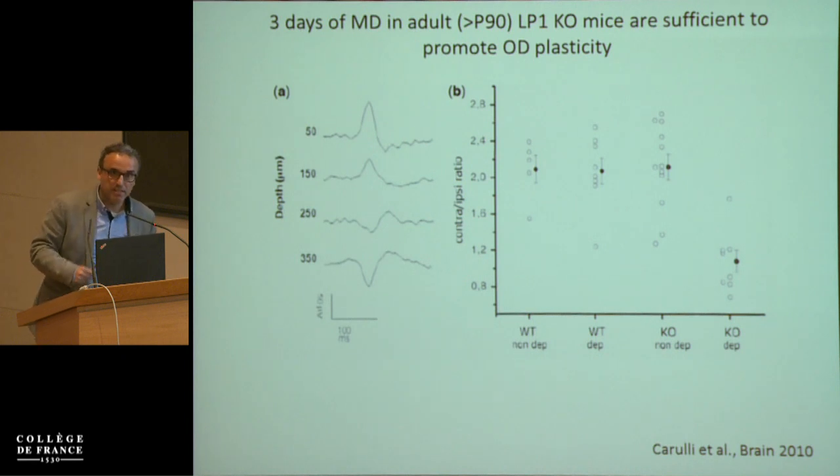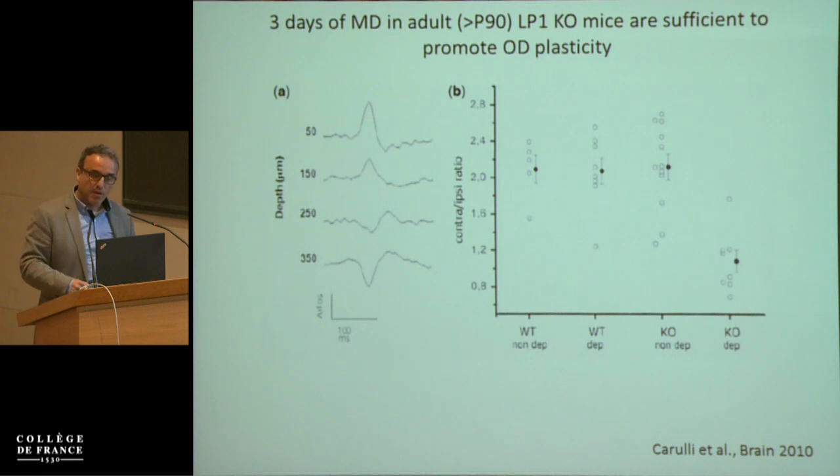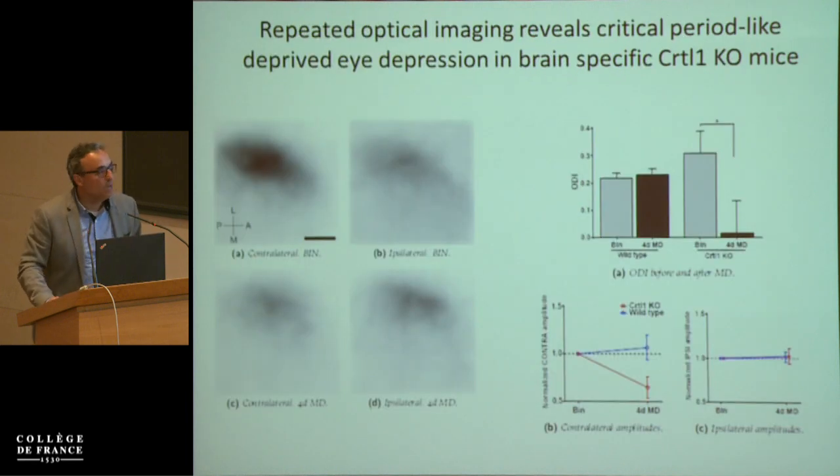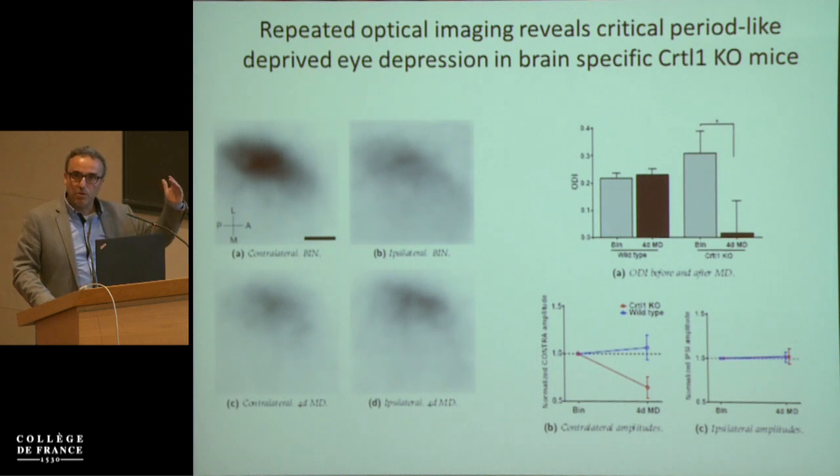So this is an indication that it's really the net rather than the diffuse CSPG levels that is important for this form of plasticity. Now we have also repeated some of these analyses, trying to really see if some features that are typical of the juvenile form of plasticity are present in the adult Link knockout. Namely, you can have some, for instance, increase in the non-deprived eye responses in adult mice, even in wild type,